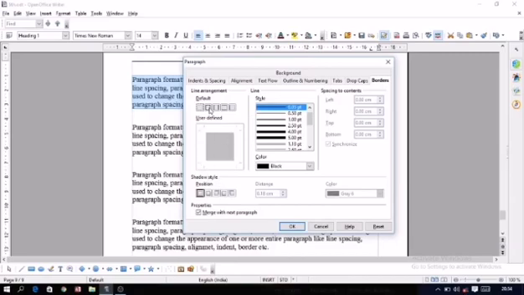This area is a preview area. At this time I am selecting the option set all 4 borders, meaning the border will display on all 4 sides. The second option we have here is Style. Here different types of lines and their thicknesses are given. We can select any style from this list: thin line, thick line, single line, double line, whatever you like. Here I am just taking a simple example, so I have selected this line.